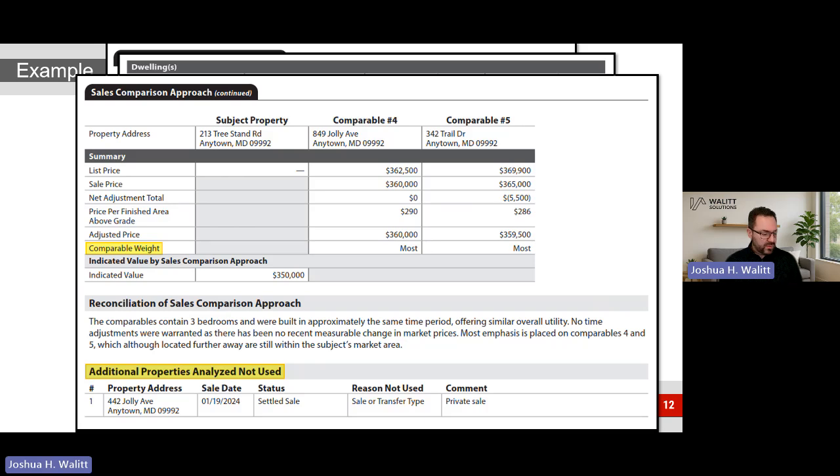Or maybe when you're interviewing the homeowner and they say, well, I know the house just across the street just sold. And it turns out it sold 3 years ago and it's 4 times the size, or I'm exaggerating, right? But maybe you say, you know what, I'm going to make a comment here that this one sold nearby, but this is the reason it wasn't used. This could also be used in revision requests or reconsiderations of value. You could choose to use that as an organized way of communicating this is why some of these other sales were not used.